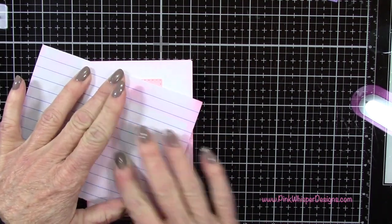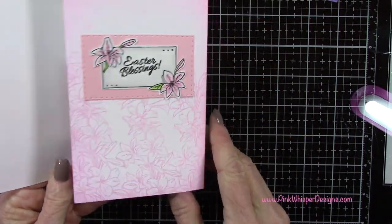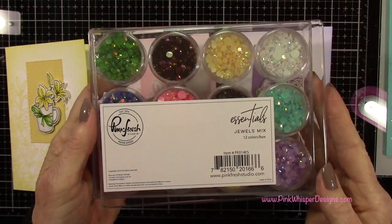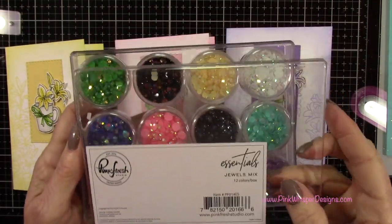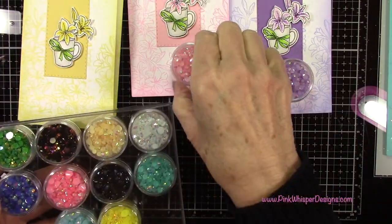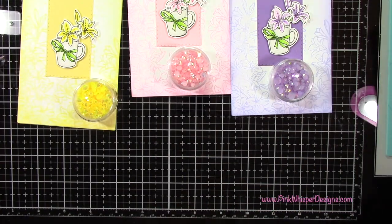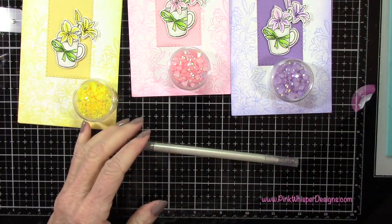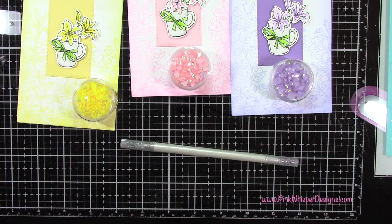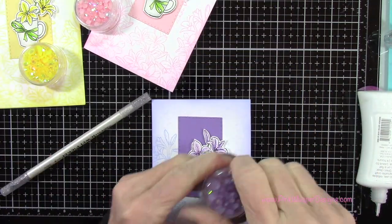So now by positioning that off to the right just a little bit there, we have a little room up towards that top left to put a few little crystal gems. I'm going to buy Pink Fresh Studio Essential Jewels Mix, and I'm just going to find some coordinating colors here. And again, these little jewels have 3 different sizes in them. So I'm going to take one of each size, and I'm using my Nuvo Deluxe adhesive to attach these, and